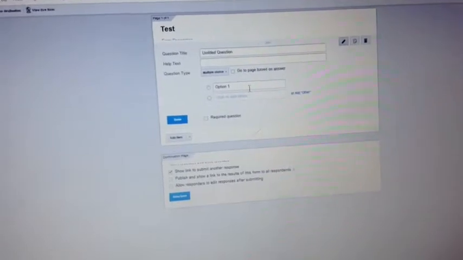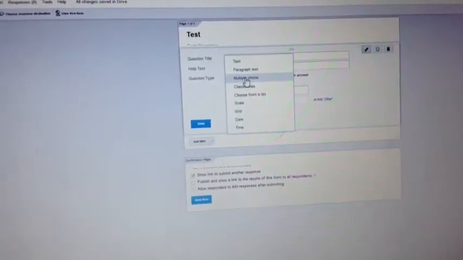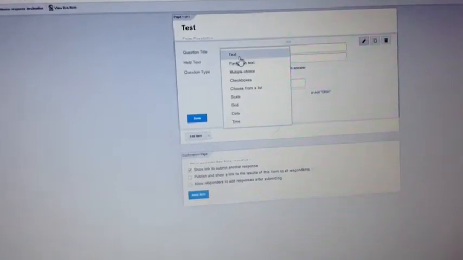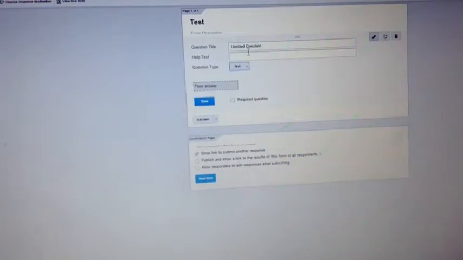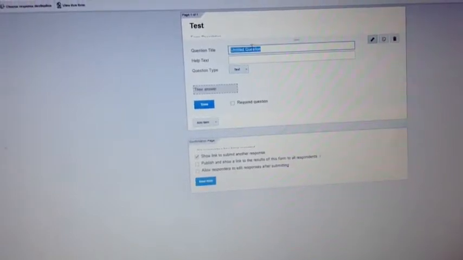Now the first thing it's going to ask you is to start typing in your questions. Here where it says question type, this is where you're going to select the type of question you want to include. For the first couple of questions, you're going to want to get some basic information from your students. So the one I always use is text. So this is where I would have students type in their last name,